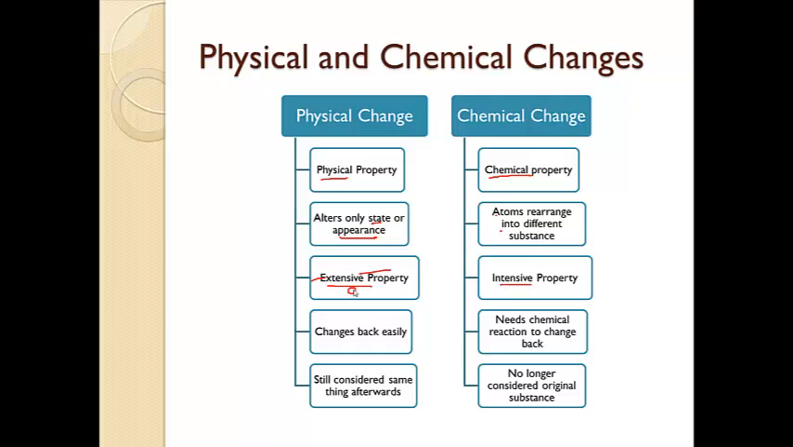With physical properties, we can easily change it back. Whereas with chemical, we have to do a chemical reaction to make it change back. A couple of things you might want to ask yourself during the process is, is it still the same thing when we're done? And can it easily be changed back? So these two here are what you're going to want to focus on when you start being asked if it's a chemical or physical change. For instance, melting butter. Because it's just melting, it's